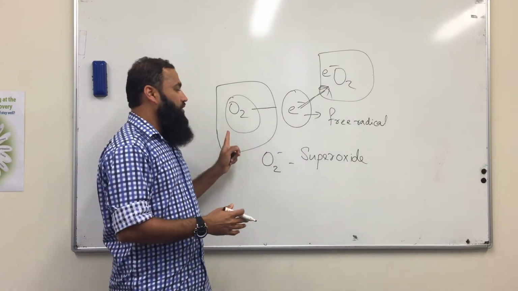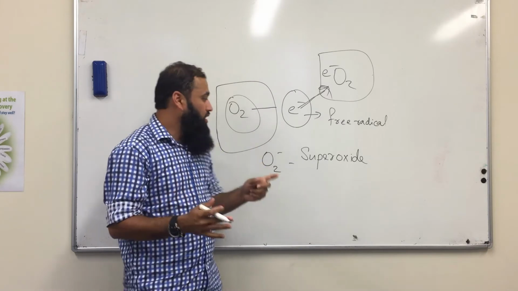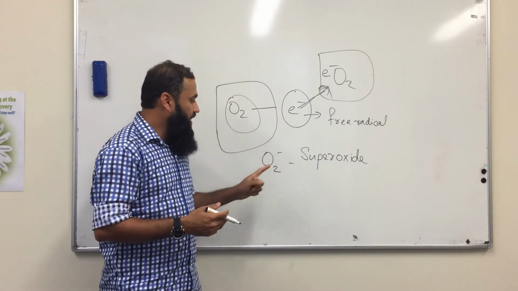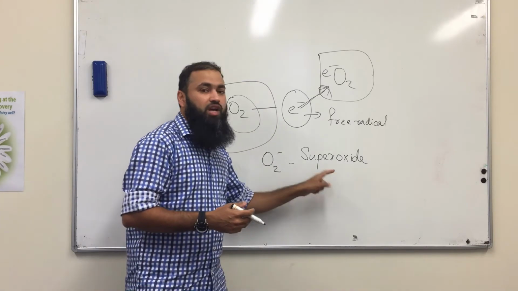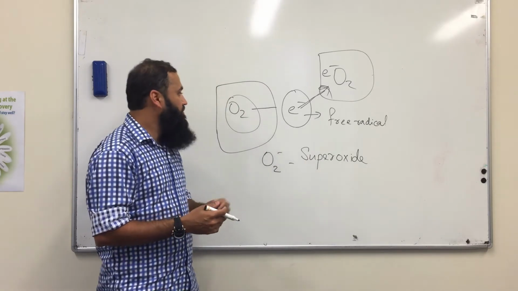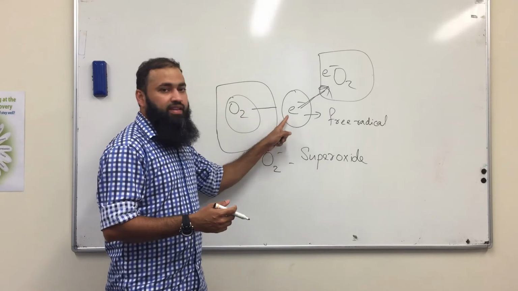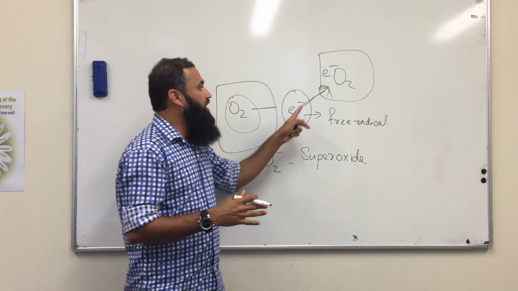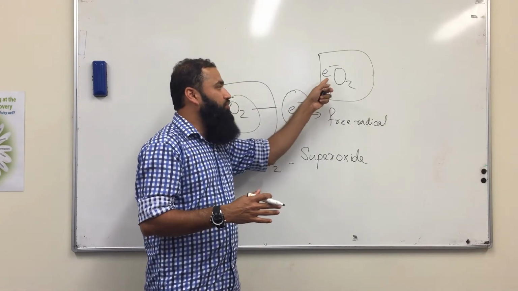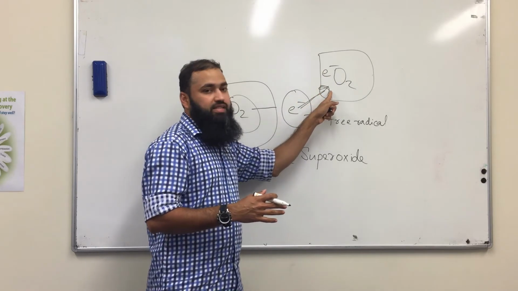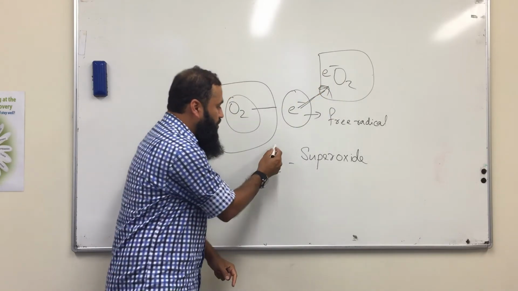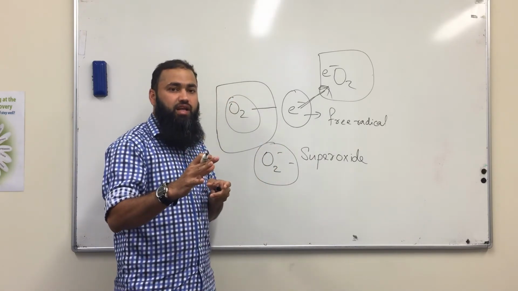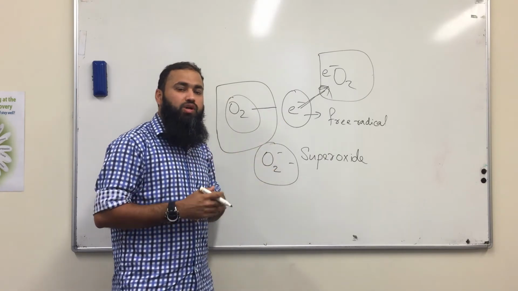Once again I will explain. Oxygen is there inside our cells. Because of the risk factors, one oxygen molecule loses an electron, and then we call it O2 minus, which is superoxide. And there is the lost electron, which is called a free radical. It is free. It can move to another cell and get paired with another electron in that cell, and it damages that cell. So this cell got damaged, and this superoxide is highly dangerous to the cells. It can itself attack other cells. This is how cell damage occurs inside our body.